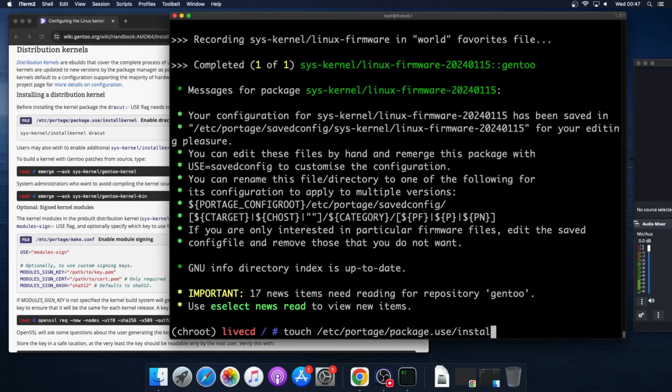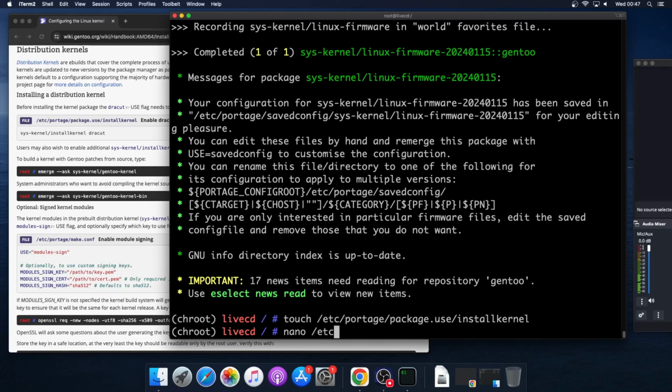Install kernel, and we need to do nano /etc/portage/package.use/installkernel,